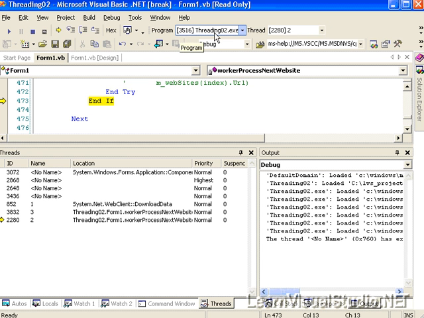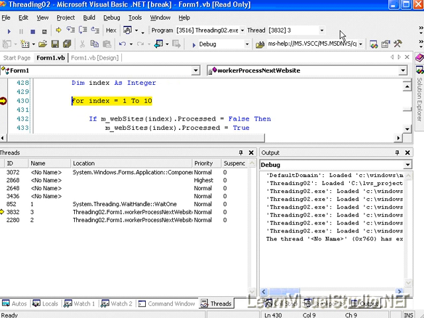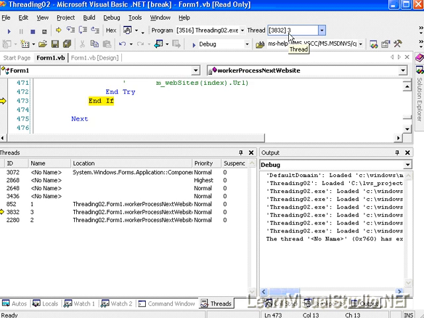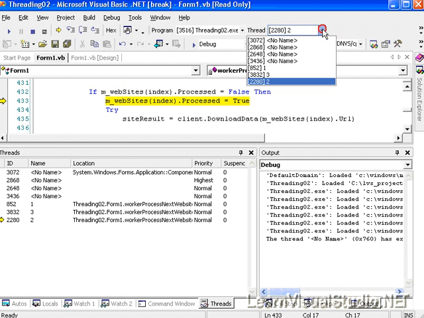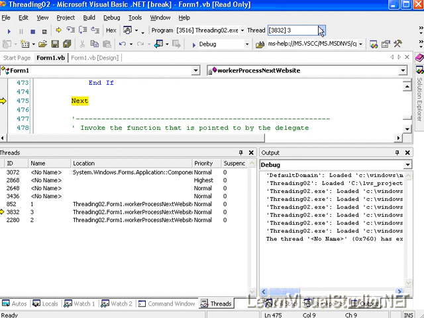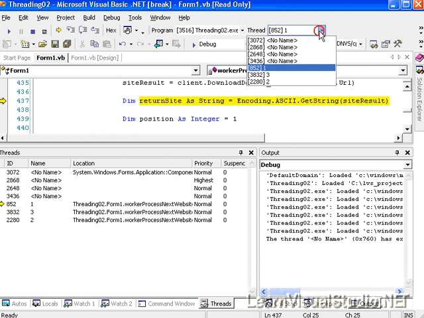but notice this little toolbar that pops open whenever you're dealing with debugging in multi-threaded applications. You can see the current program and the main thread that it runs on, threading02.exe, is running on thread 3516. But then also you can see the line of code that we're currently on right here. It's indicated by the little arrow here, but it's also indicated up here which thread we're currently on. In this case, we're on thread 3, executing now thread 2, executing thread 3, and so we can monitor it that way,